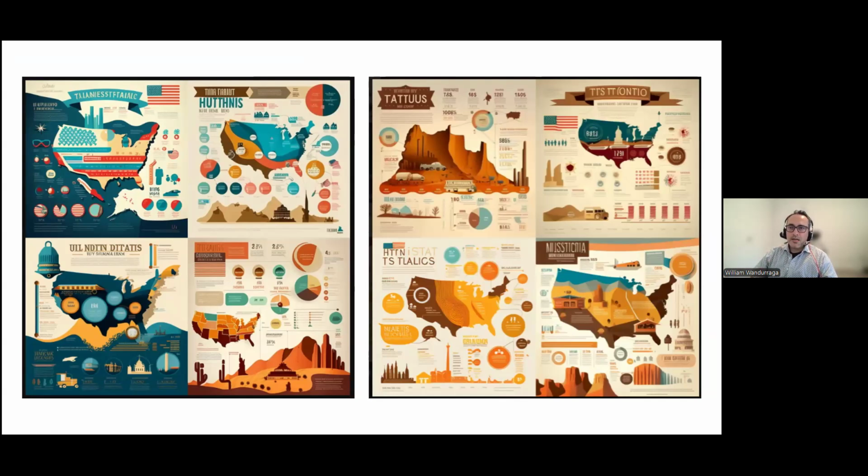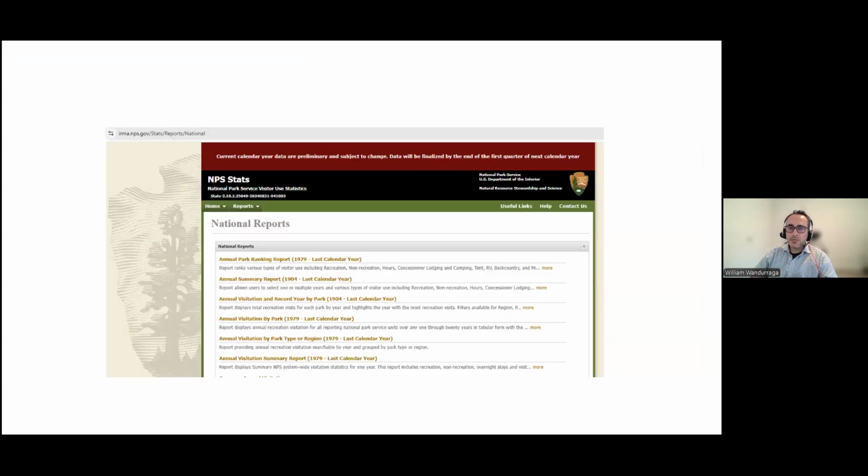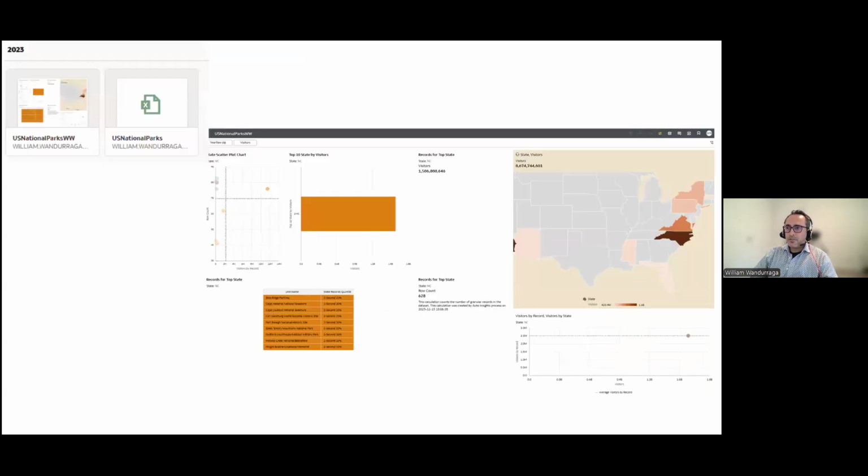All I needed right now was some data. So I focused on national parks because that's a big part of US tourism. So I had my data, I had the inspiration, I was ready to start building some really cool charts. And my first try at building my visualization on US tourism looked kind of like this. It didn't look like my Midjourney inspiration. This was back in 2023. I got a little discouraged. I stopped. I put this on the back burner for months.